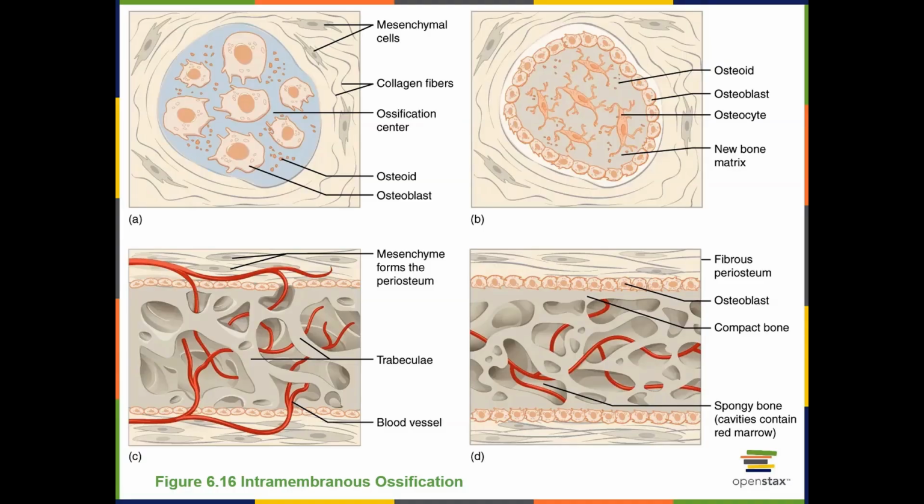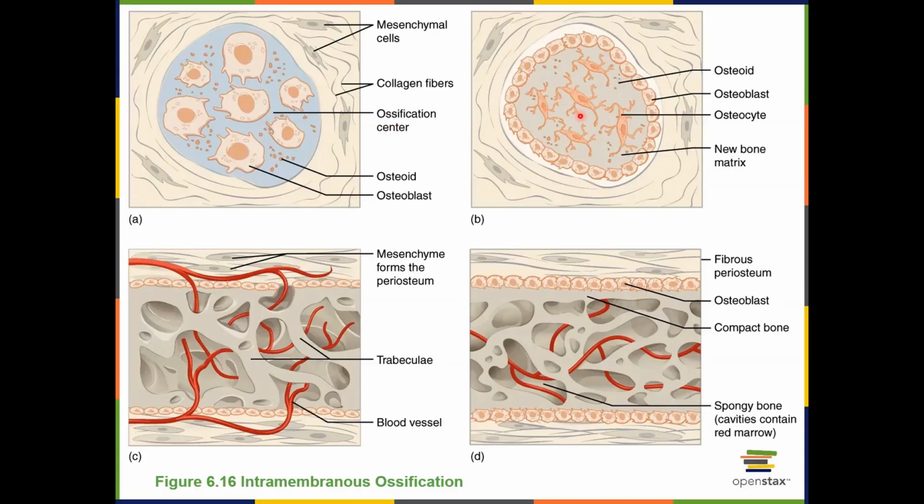Intramembranous ossification starts with the differentiation of osteoblasts. These osteoblasts form within the embryonic connective tissue known as mesenchyme. This structure, consisting of osteoblasts that are starting to secrete osteoid, is known as an ossification center. As the osteoid continues to grow,